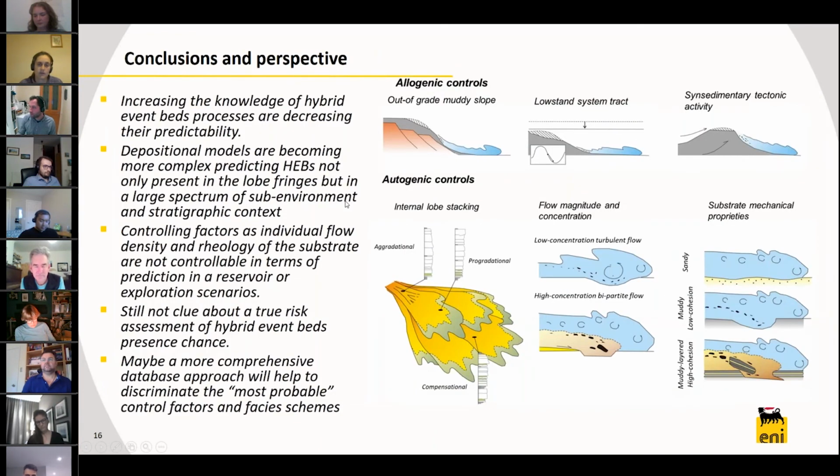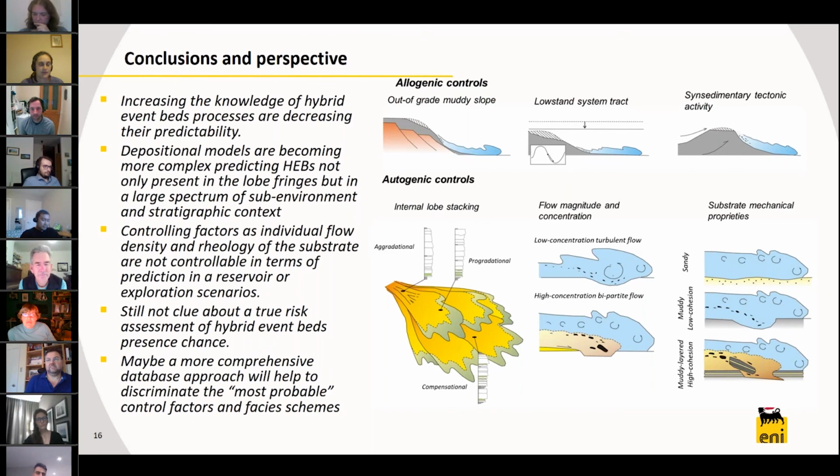So, in conclusion, my feeling, also after seeing all this presentation, is that the increase in knowledge of hybrid bed processes is actually decreasing their predictability. I don't want to be critical. I don't mean that knowledge is bad. Actually, it's not. We know more about the limits of our models, but the depositional models are becoming more and more complex,